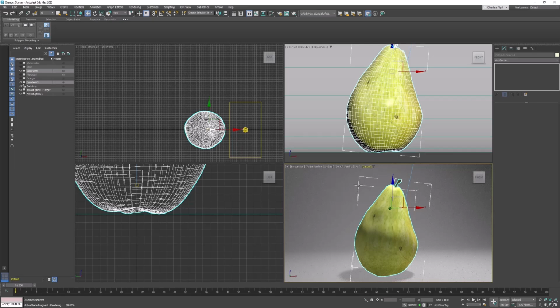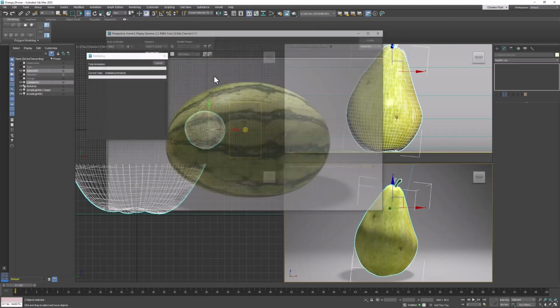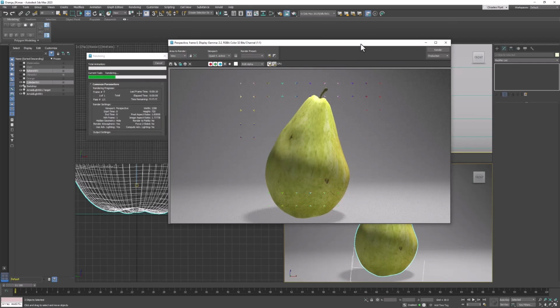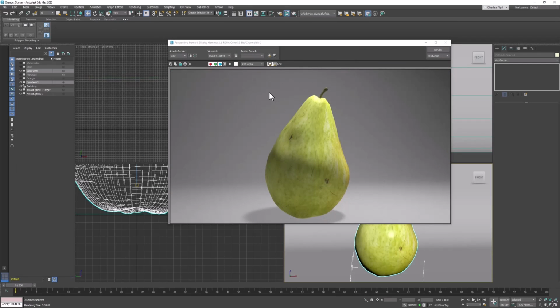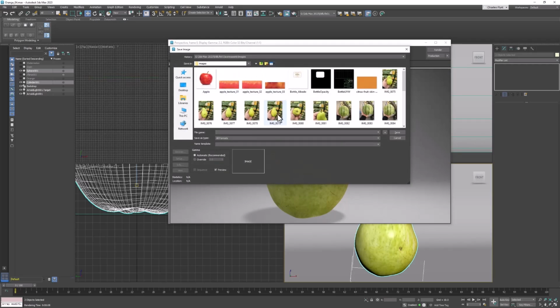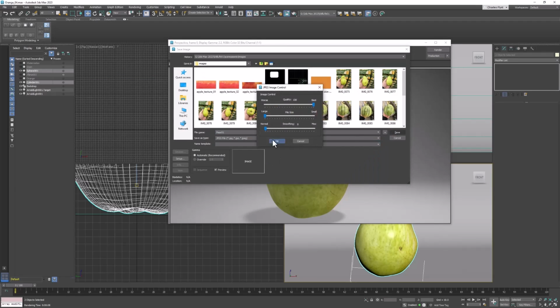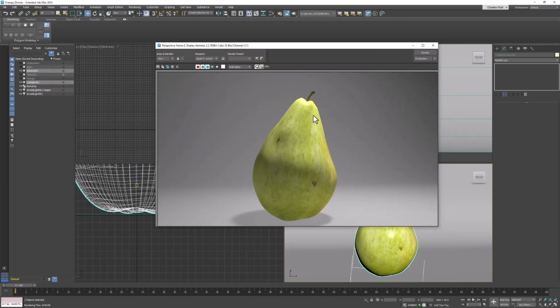Now, with your perspective view selected, go ahead and render that out. Click the save icon, name it. Make sure you specify JPEG. Click save, click OK, and then you can upload that into your